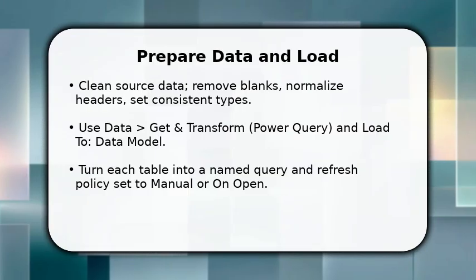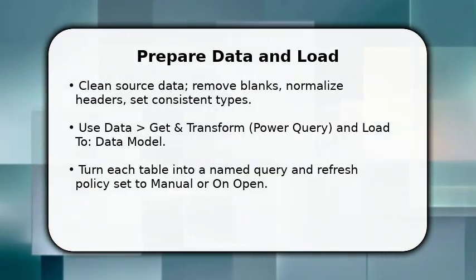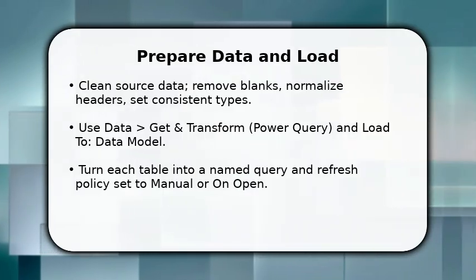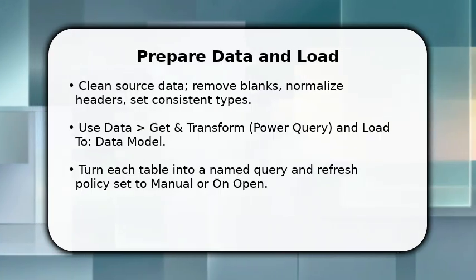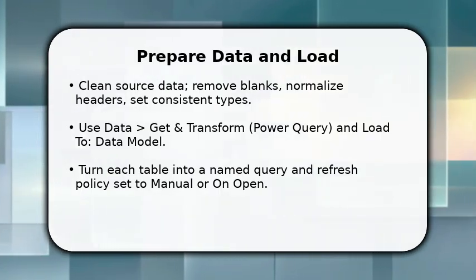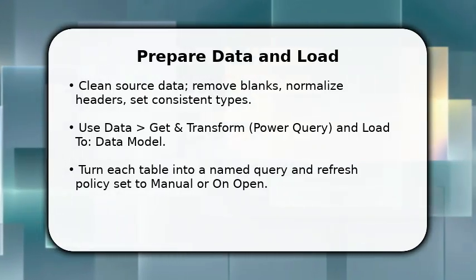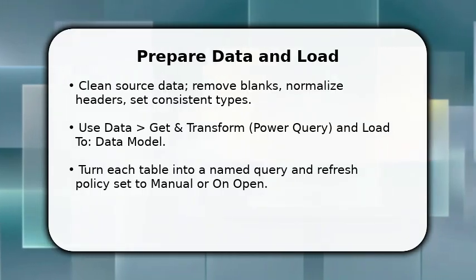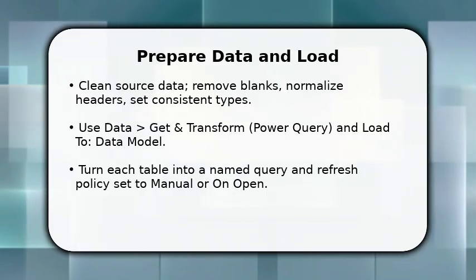You start by getting clean, structured tables into the data model. In Power Query, remove blanks, set column types, and promote headers, then choose Load to and send the query to the data model. Once done, name each query clearly so you can reference them. Make sure to set relationships if multiple tables will interact. These steps ensure the dashboard pulls from a single, reliable source and prevents broken links later when you build pivots